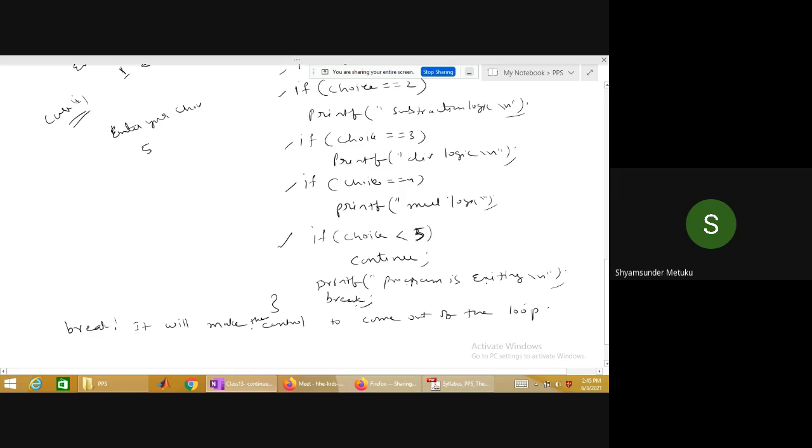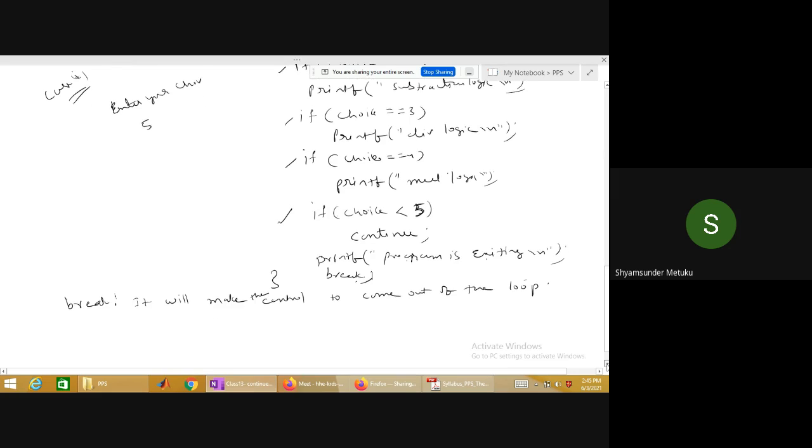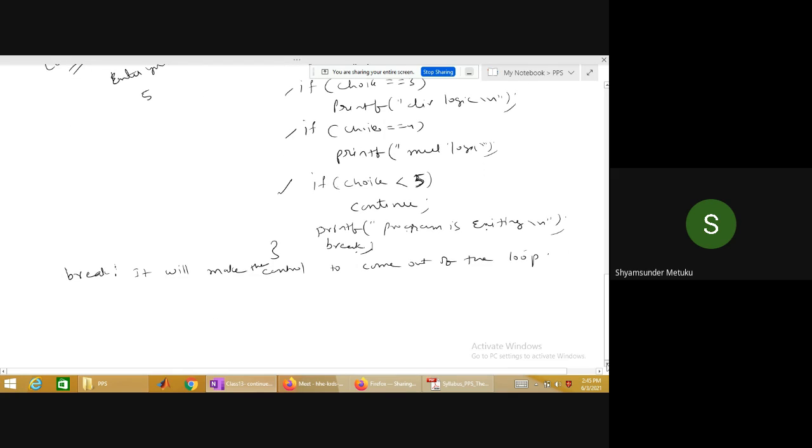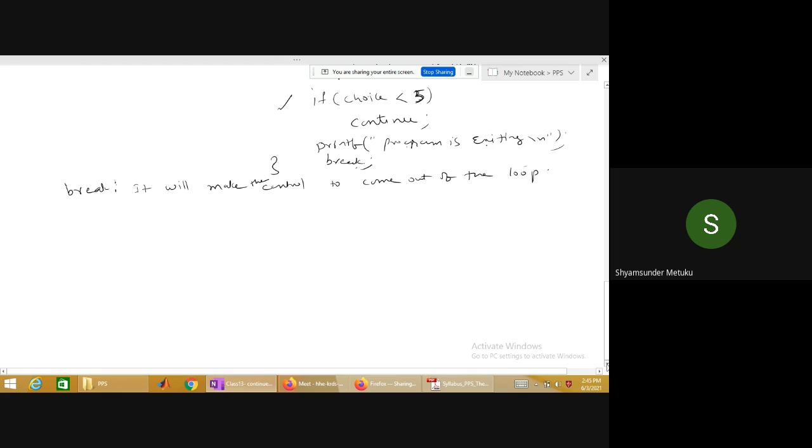So I think continue and break are almost equally important. Yes or no? There is a possibility of using the break without an if condition, but continue must always be used with an if condition. Agree or not? Yes, sir. So continue, and generally break also, most of the time you might need an if condition. I'm not saying that in this particular example break does not need any if condition association, but generally in 90% of the cases,